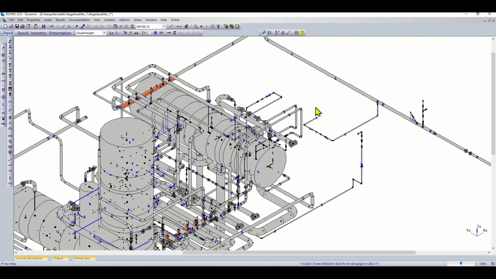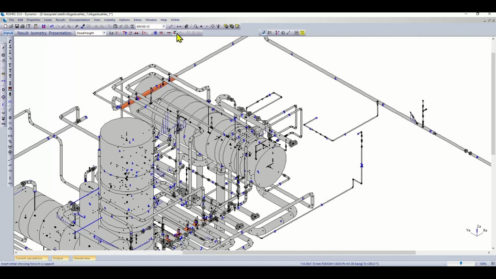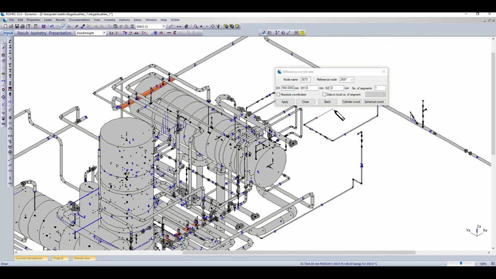Now let's assume in this huge model I now have an extension for this small line, and I want to draw with the same line dimensions, but I don't recall exactly what line dimension it is. Now of course I could click on this line, see it's actually the type DN25.12, and now look up the DN25.12, which would be here. So then I can draw my line. Now an easier way would be to just say here select segment, then click on the segment and then say okay, it's 2512, take the drawing pen and start drawing the next line here.